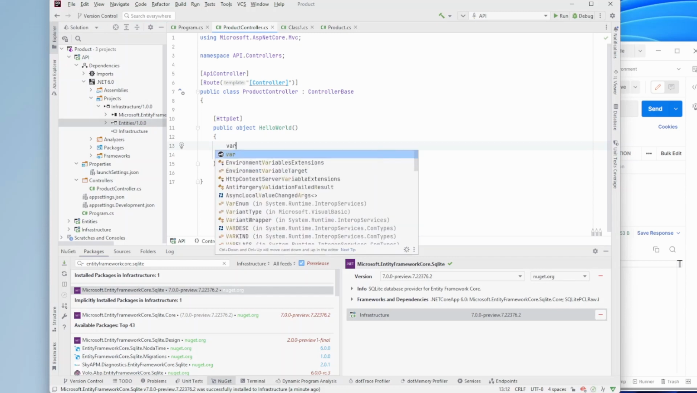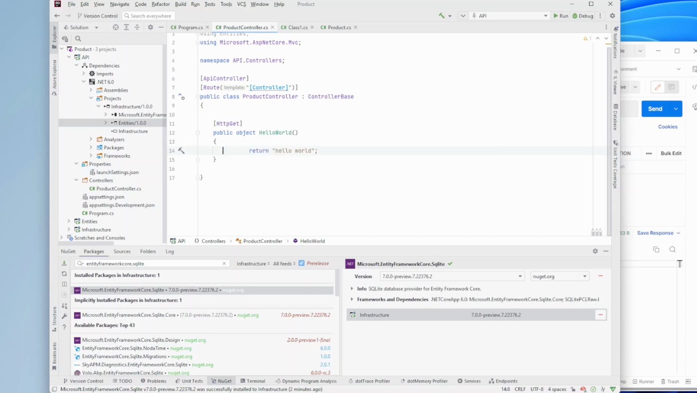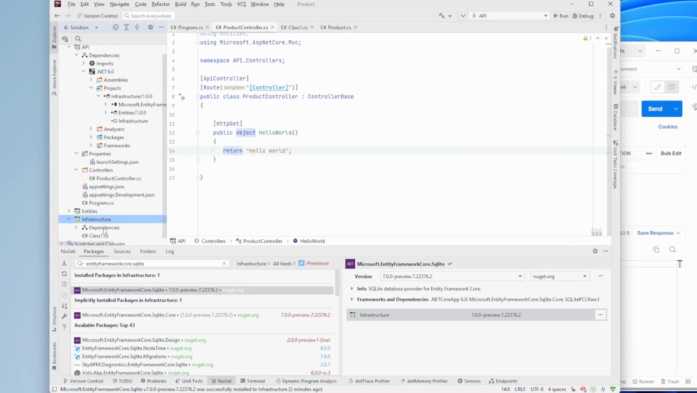So if I write var product equals new product, like this, it will ask me, hey, do you want to import this? And now I can make a product. So I know about the entity class inside of the API itself. And that's very cool. So we're going to start working on the contents of this infrastructure